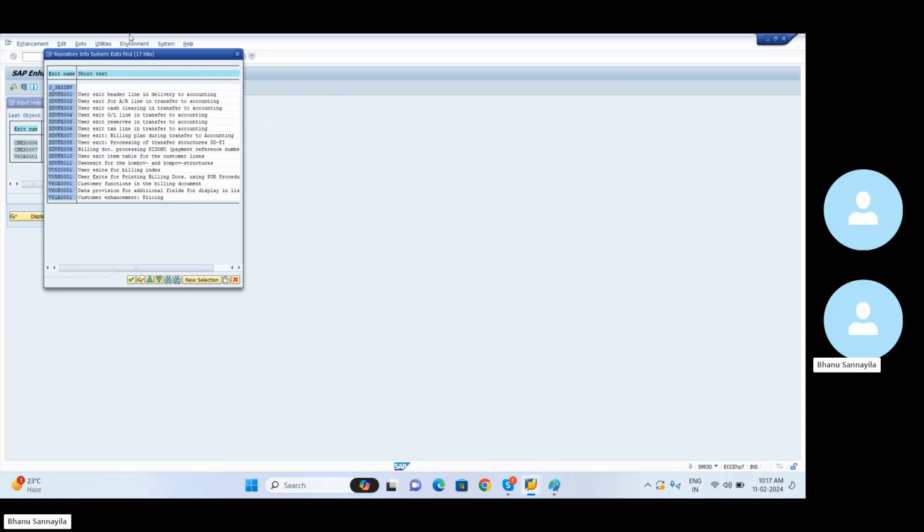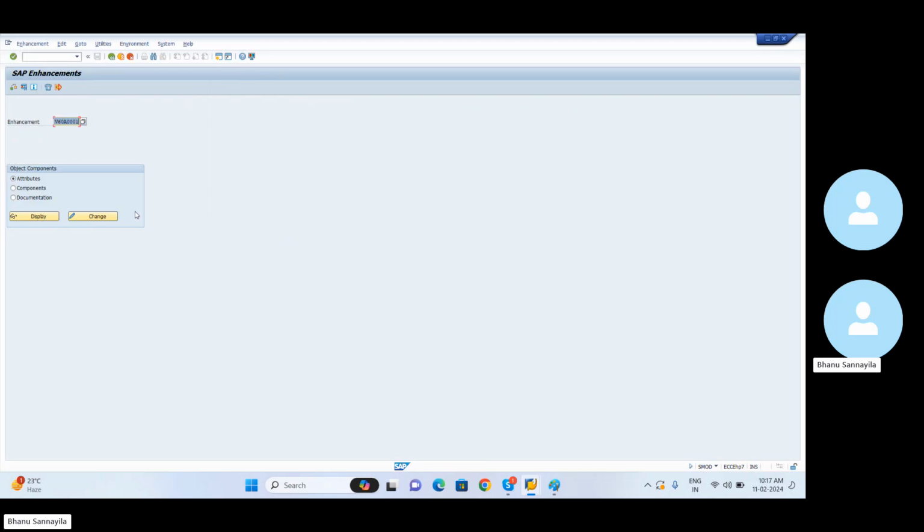So now among all these exits, we spent a lot of time even in real time. So definitely you guys have to spend a lot of time to finalize the exit based on the requirement and all. So finally this is what I have chosen. Let's assume I have already worked on this requirement, I spent a lot of time on it, and finally this is the exit which I have finalized. Now, as we discussed already,